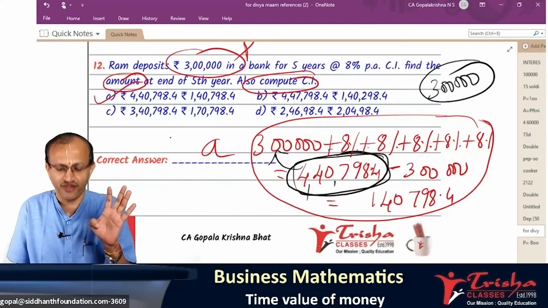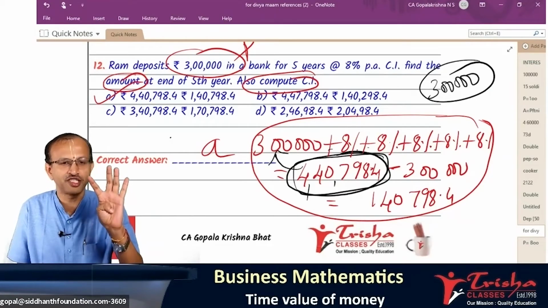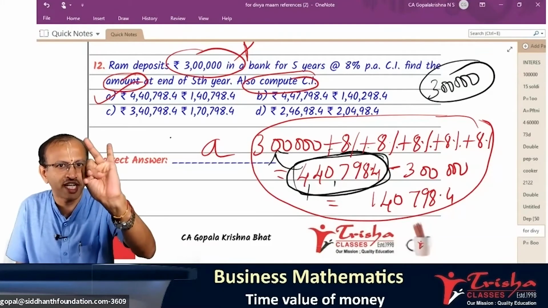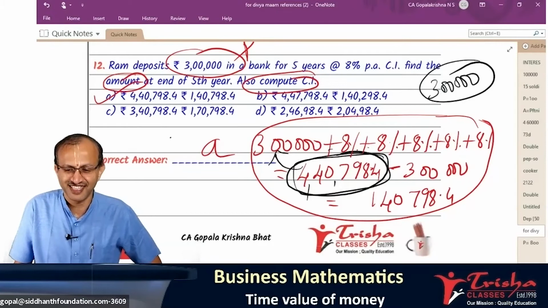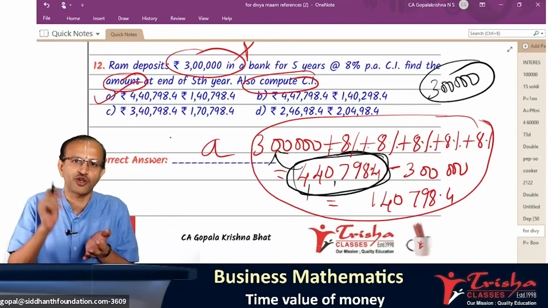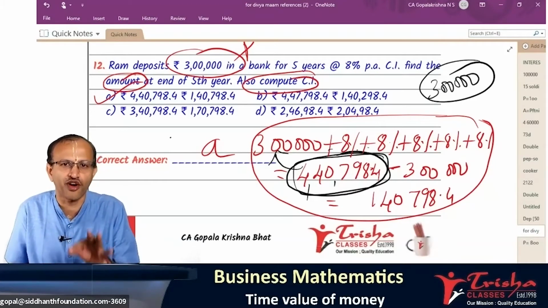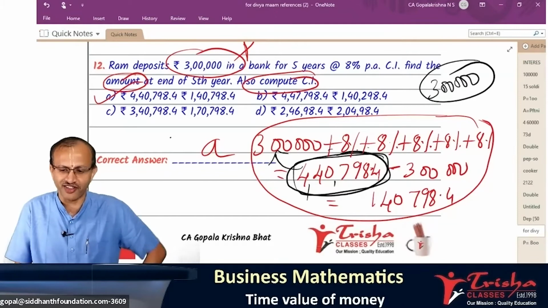First step. I don't know whether you are doing it. Response quickly dear. Okay, 1.08. Then again you divide by 1.08. Again divide by 1.08, again, again. You got the answer. 4 times you have to divide by 1.08. 4,40,798.4 divided by 1.08, 2 times. Divided by 1.08, exactly for the 5th time, I think you will arrive at 3 lakh. 2,99,999. Almost you have arrived at 3 lakh.